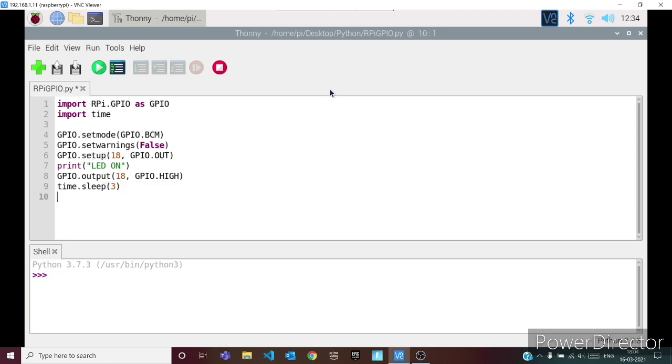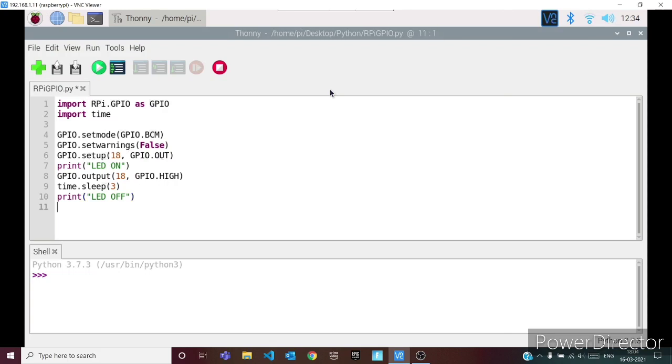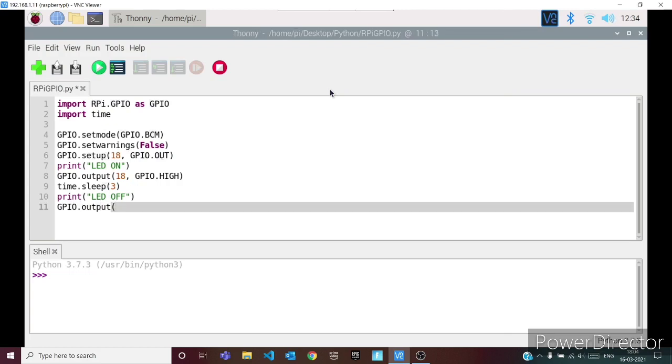Then we're going to do print LED off, and then we're going to do GPIO.output 18, GPIO.LOW.